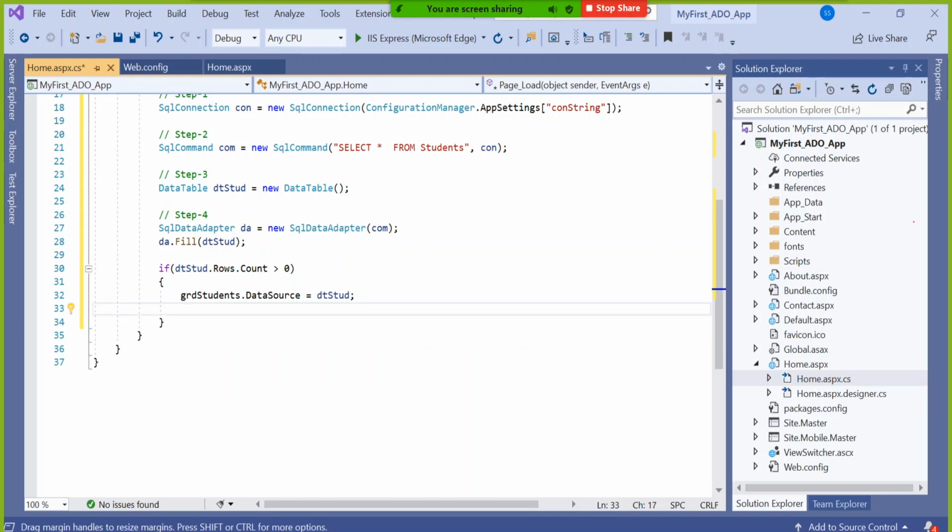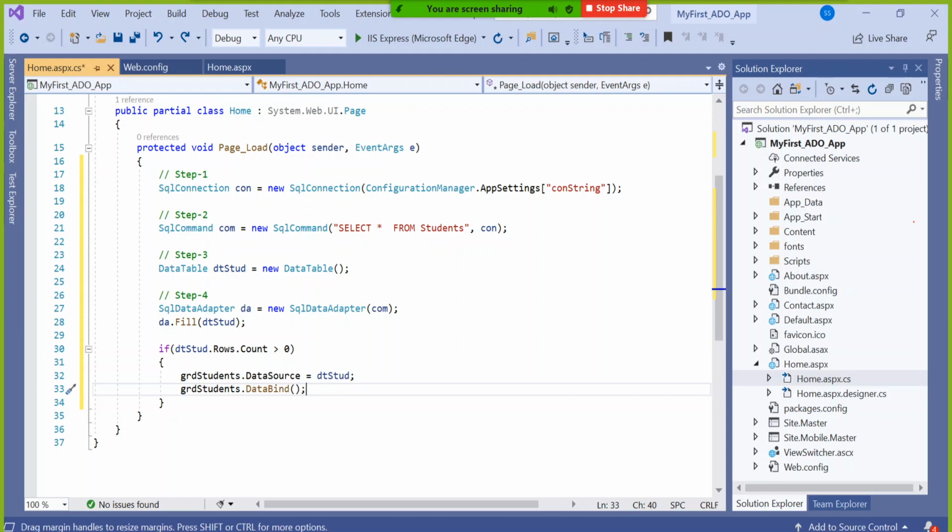It is not an error. It will also give the data to that object. But where will it give? In the server only, no? On the client side it will not go and render it. That's why for client-side rendering, that means in the browser you want to display in HTML format, you are saying please bind this data in my browser. So these two lines are for displaying the data from server to browser and from browser to user. So both lines are required, then only the user will be able to see the data.